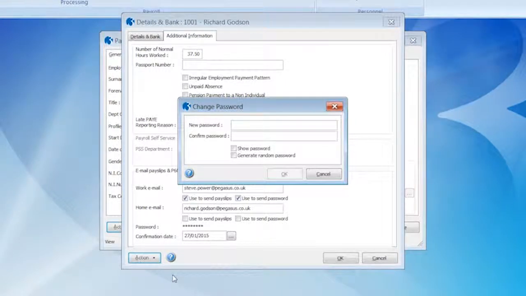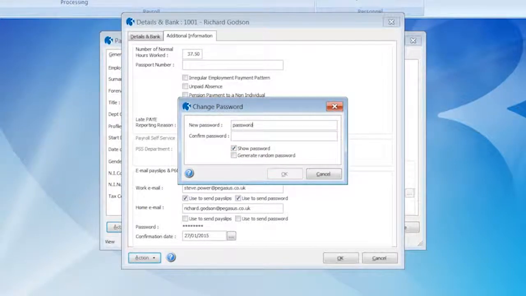When you install Opera 3, you need to run an option called Update Data Structures. This converts the data into the format of the new version of Opera that has just been installed. We've amended this routine so that it automatically creates a randomly generated password for each employee. That's fine, but if an employee wants to have a password that they are more likely to remember, then you can amend it here. So for instance, let me change the password here to be